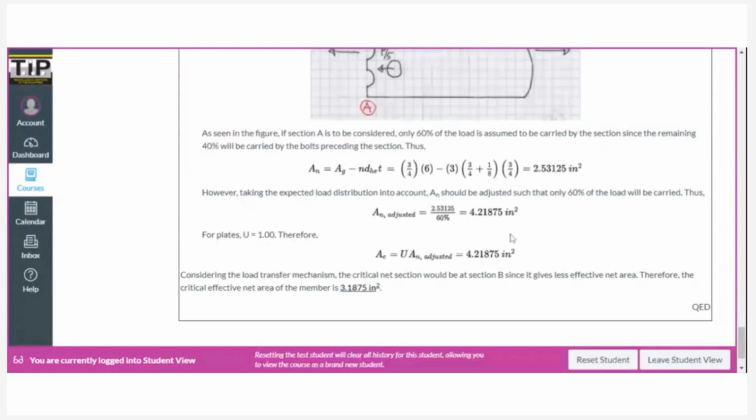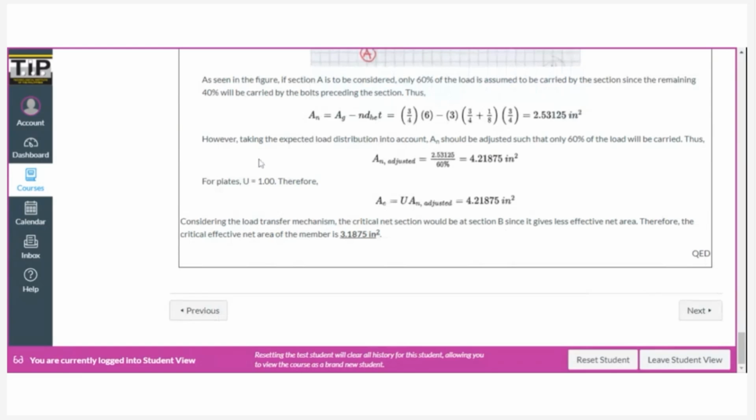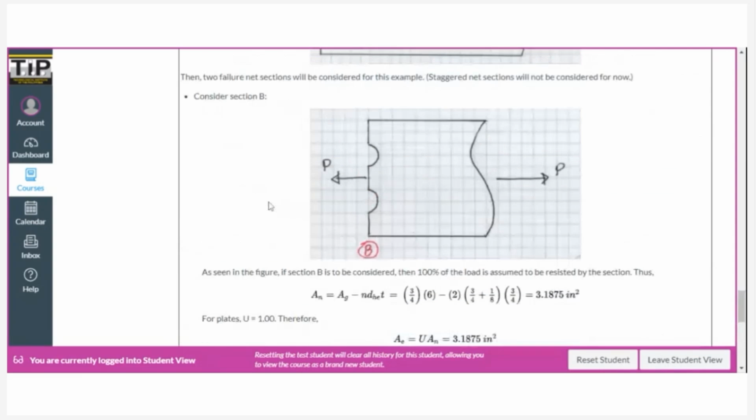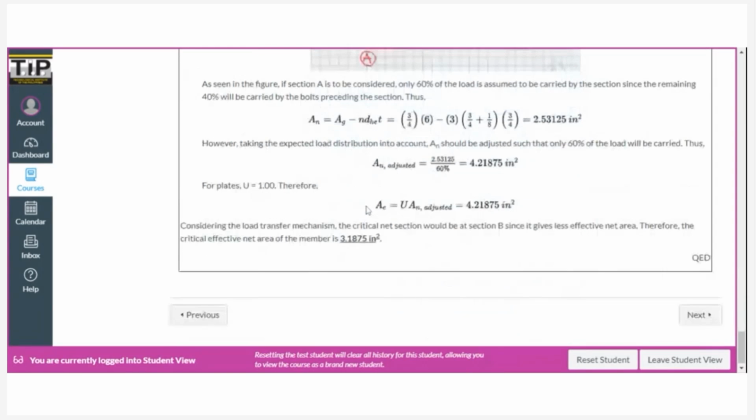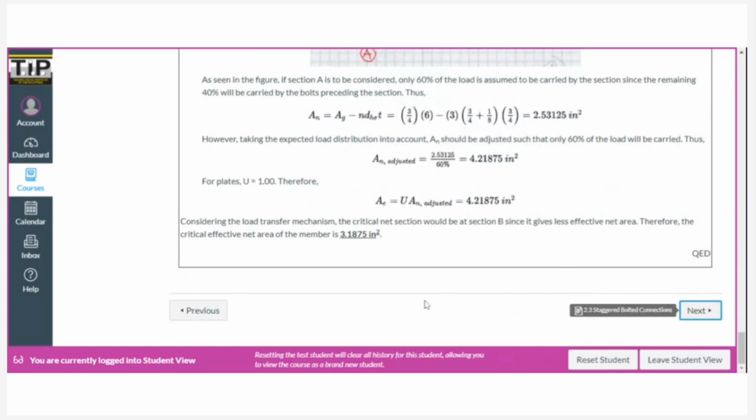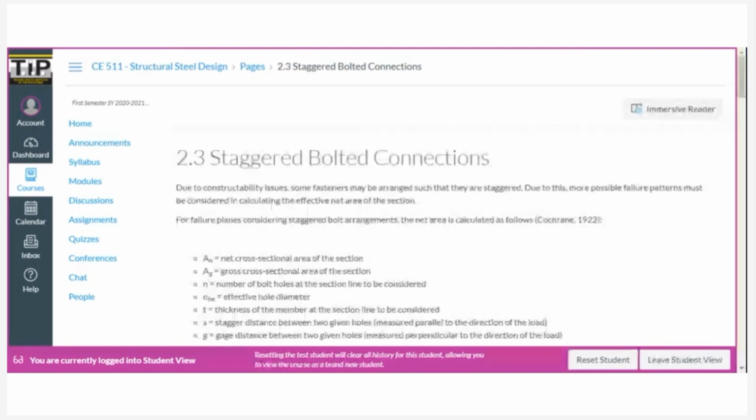So now, what if in some cases the bolt arrangements may not always be symmetric? How do we go around with that? So let's go with the next section. So due to construction